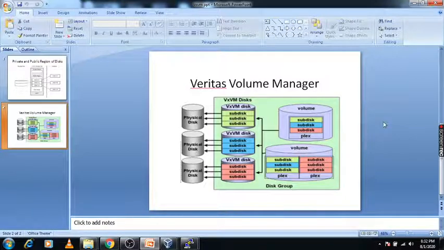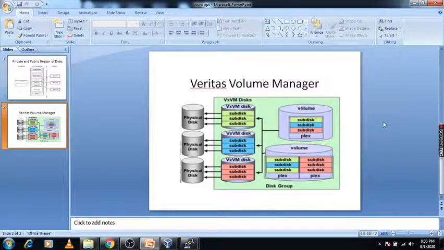Disk group is like, if you know LVM, the logical volume manager used in the Red Hat file system, in LVM you can see there is a VG, and in the VG all the LVs are created. Like this, the group is created under Veritas Volume Manager, and you can easily track which disk is inside that disk group and which volume is inside that disk group. So you can easily track using this disk group.